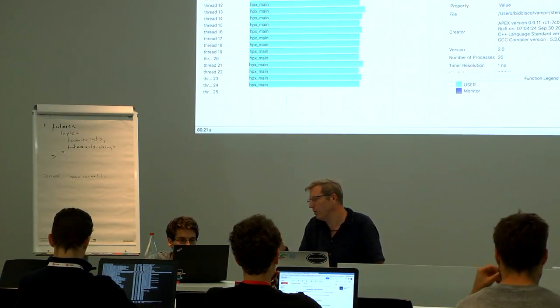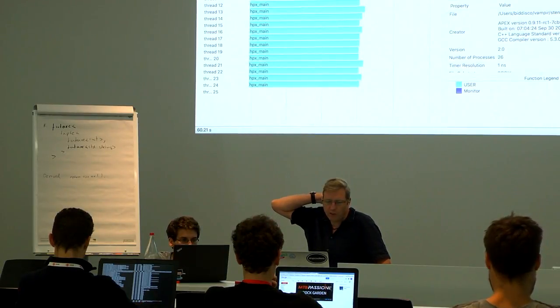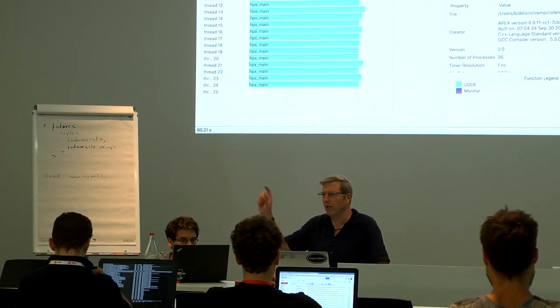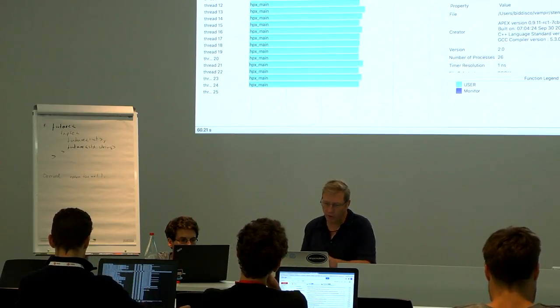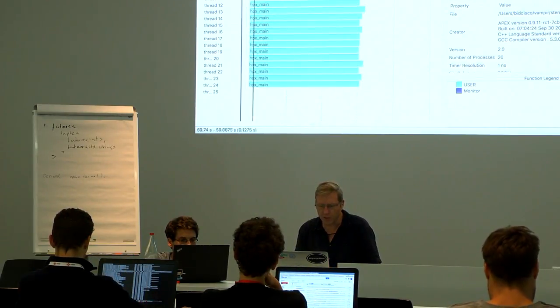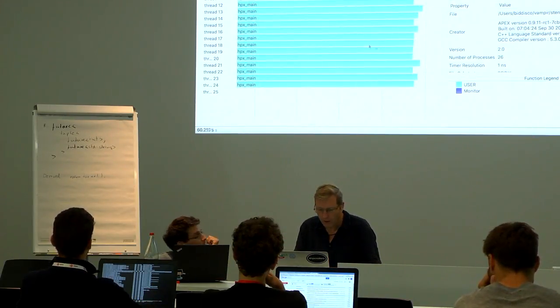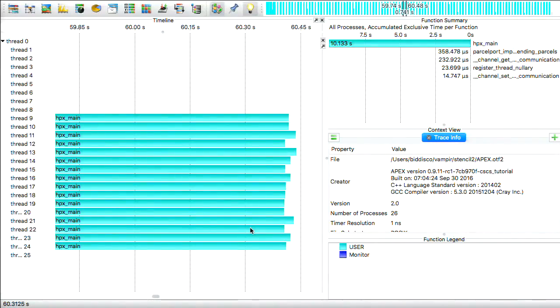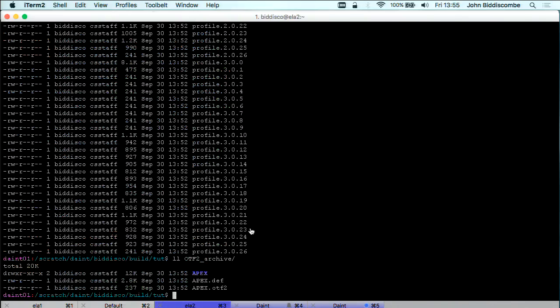That's because at the moment Apex is still a fairly new library, and what we need is a way of saying, every time we enter a lambda, for example, flag this as a new little subtask and give it a name that we can then see in here. And then you would probably see this broken up into a whole bunch of slightly smaller things. So what I'll try now is, if I zip back to Daint and I try running the same settings,